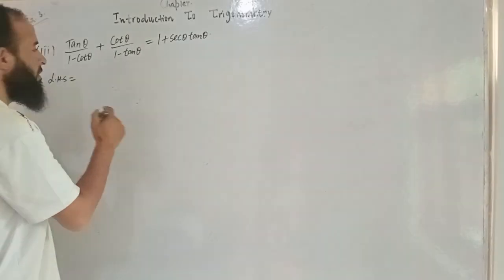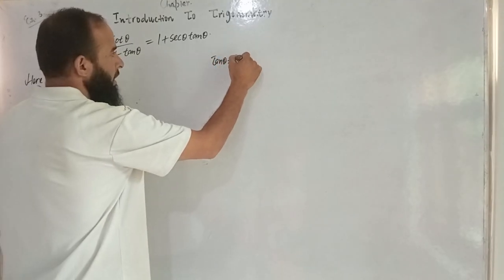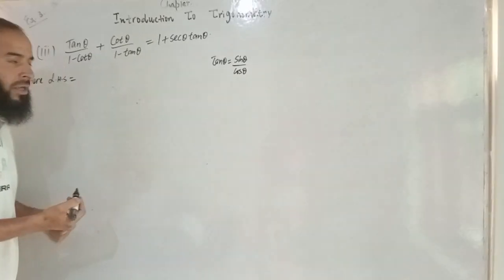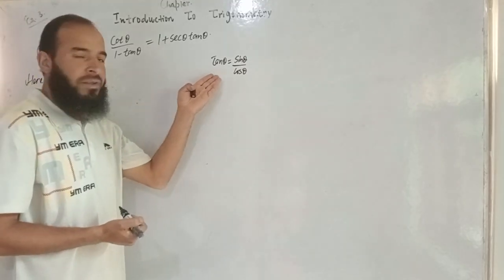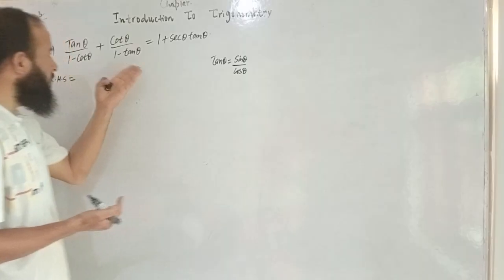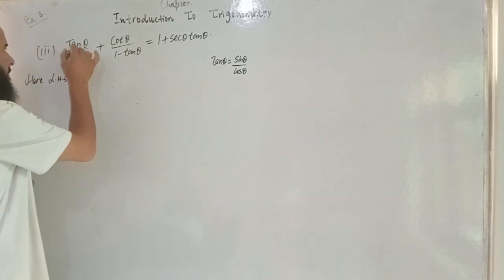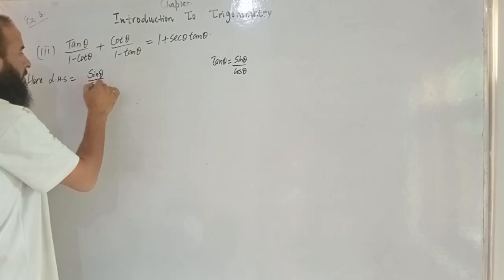Tan theta is equal to sine theta upon cos theta. Now let's substitute this value here, and cot theta will be the reciprocal of this, that is cos theta by sine theta. So instead of tan theta we can write sine theta upon cos theta